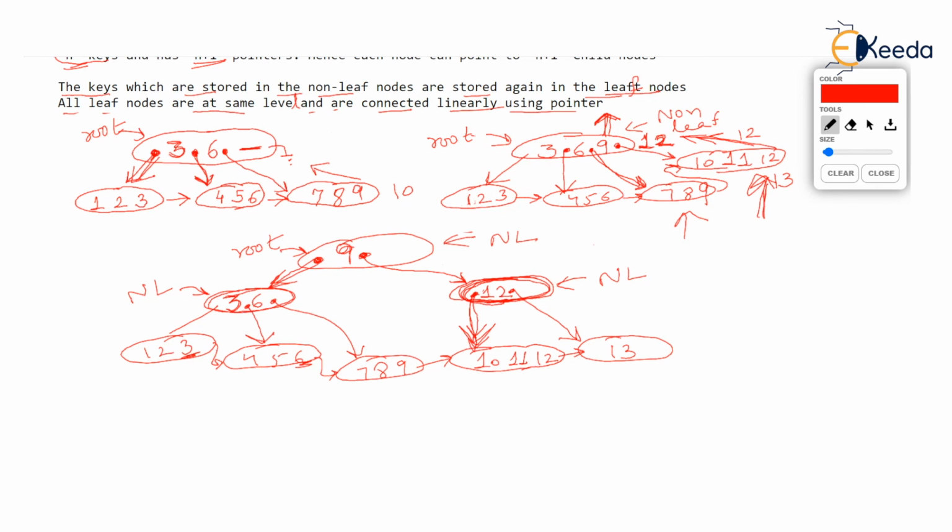So the B plus tree has a very, very small difference as compared to B tree. And I'm sure after learning this exercise, you are very, very confident to construct B tree also, except that you have to do split and propagate, but do not have to duplicate the values of the non-leaf nodes in the leaf node, and don't have to connect the leaf nodes using pointers.